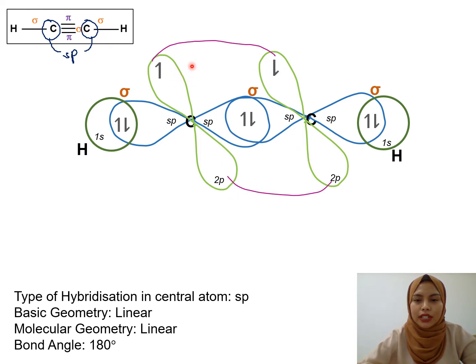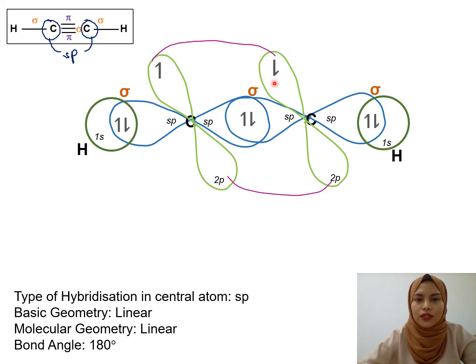Okay, since mereka macam jauh dengan each other, that's why you kena show diorang punya overlapping tu by drawing this bridge. Okay, to show that mereka overlap side to side. Regardless of mereka jauh dengan each other, tapi mereka still akan share sepasang elektron. So you lukislah elektron satu tu dekat atas, satu lagi dekat bawah untuk tunjukkan selepas mereka overlap, mereka share sepasang